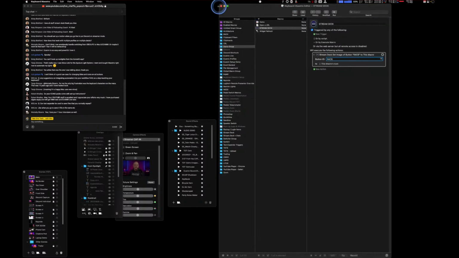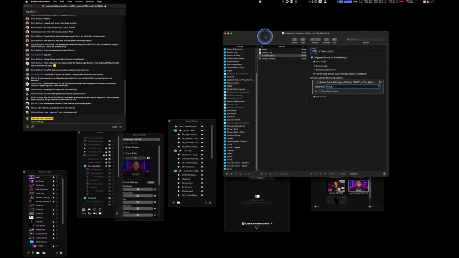The other thing that Moom does, though, is you can set up predefined locations on the screen. And if I hold in here,